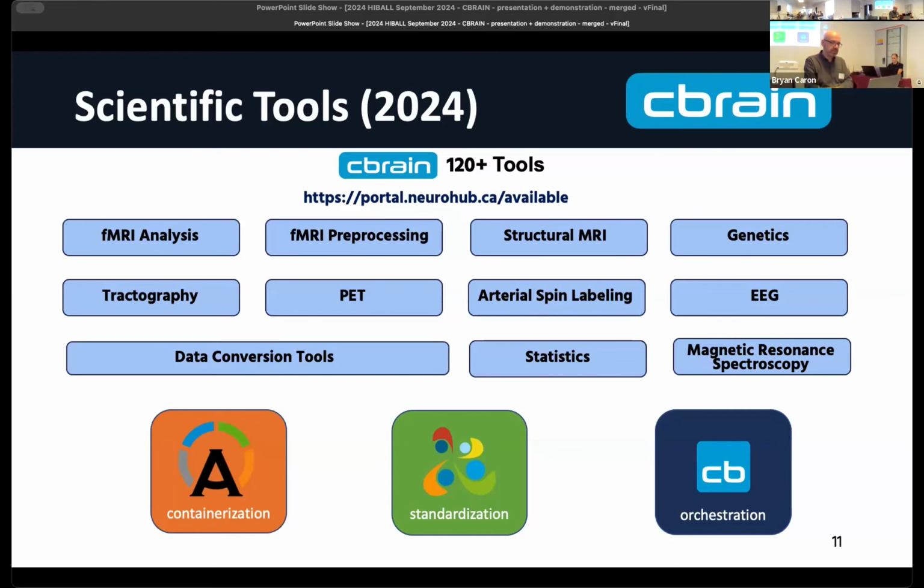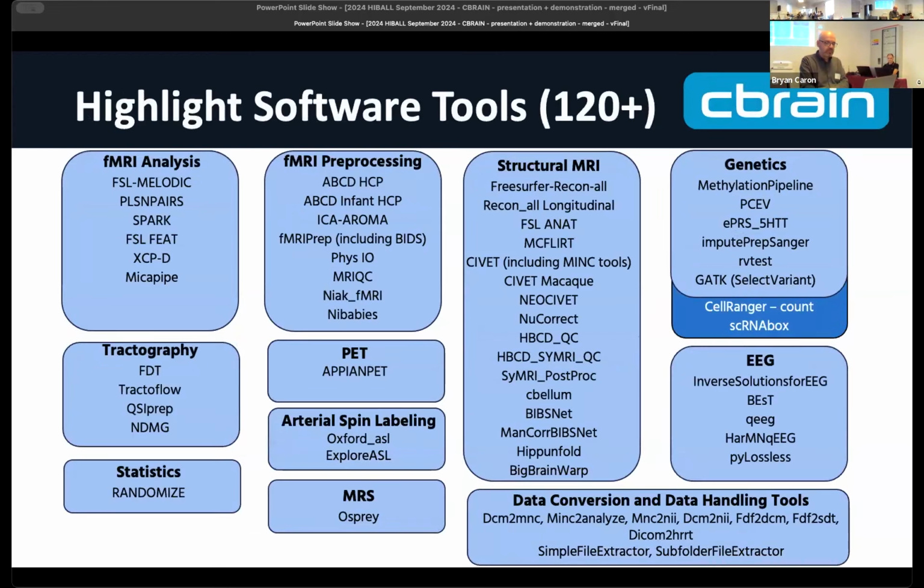So you can see some of the main categories here. You may, again, take a look at the link to see more specific ones. These are just some of the main tools within each category. And like I said, we're adding more tools all the time. But maybe just to emphasize, on the genetic side, single cell was mentioned in some of the earlier talks today. We've added some single cell transcriptomics tools to the mix because of particular research activities going on that need some of these tools. So those are being used as well.